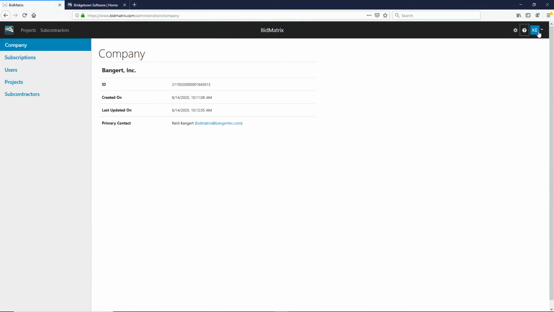And then finishing off the title bar up here at the top, you've also got the little symbol up here where it shows that I'm logged in, so that way I can edit my profile. And that is also how I can sign out of the product.